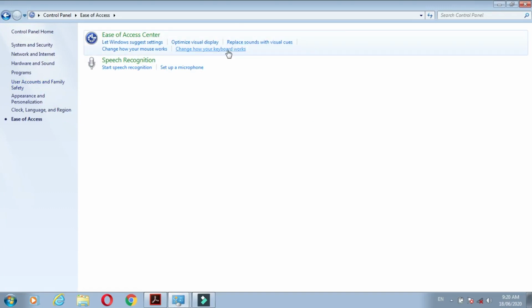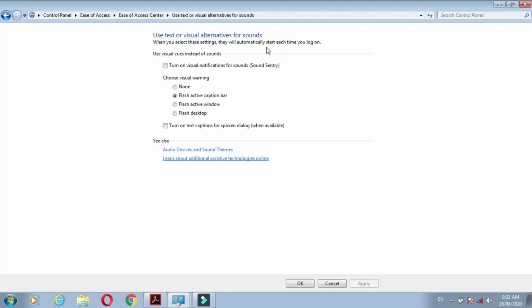Here you can change your sound, replace your sound and visual cues. Here you click on this. Okay, now the sound sentry is